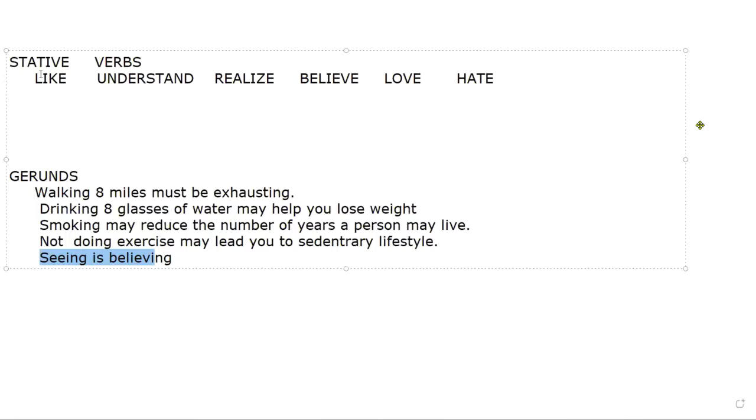Por eso les digo que los stative verbs son verbos que no son comúnmente usados en forma continua. No dije que en gerundio, dije que en forma continua. Es decir, la forma continua es cuando yo le digo I am y le pongo el verbo terminado en ing. Esa es la forma continua. Pero eso no es un gerund. Un gerund es esto, es usar el verbo aquí. Sí, terminado en ing, pero observen que no tiene nada que ver con un present continuous.